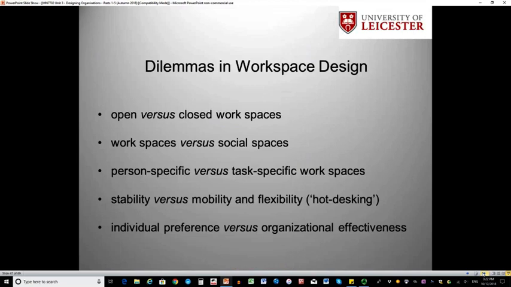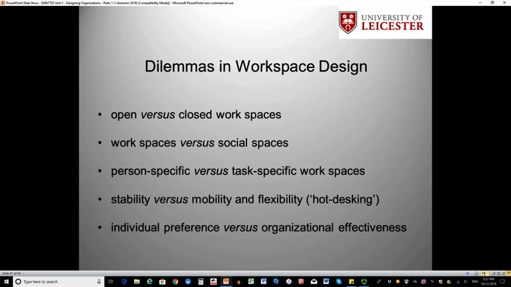So when we're thinking about workspace, there's clearly a whole set of dilemmas that we need to consider. It isn't just simply let's copy Google, let's copy Airbnb and have these nice flash colourful open spaces. There are clearly some dilemmas that we need to think about in relation to innovation and workspace. So there's the dilemma between how much of a space should be open and closed, how much